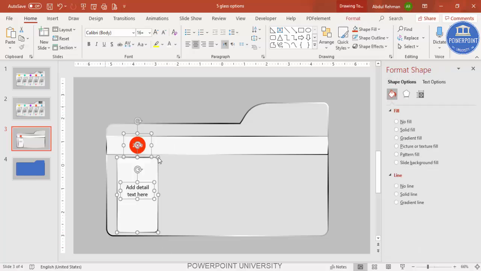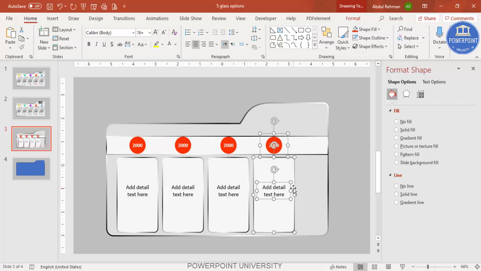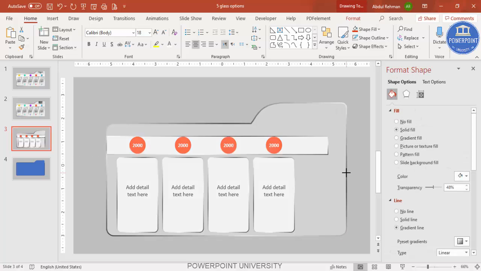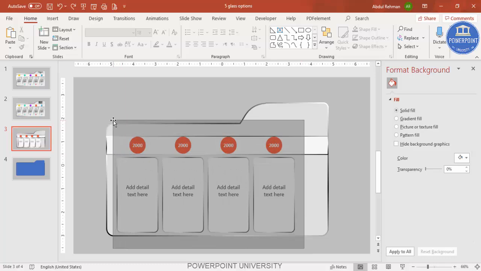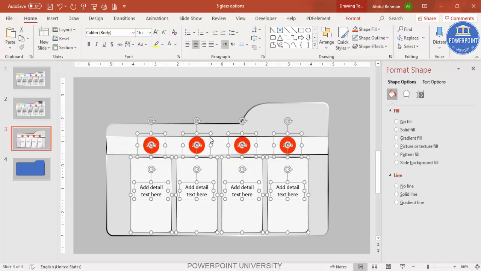So I'm just going to select this, press Ctrl D to duplicate. I'm just going to put it as the second one here and make sure that it is properly aligned. Ctrl D. So how many do you want? 4, 5. If you want 5, that means this size has to be increased. Otherwise you can just keep it with 4 only. And then I'm just going to select this, and I can make it center also.